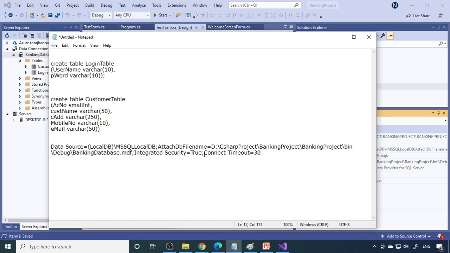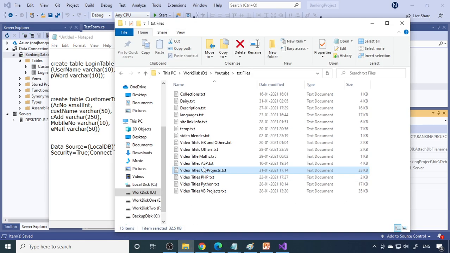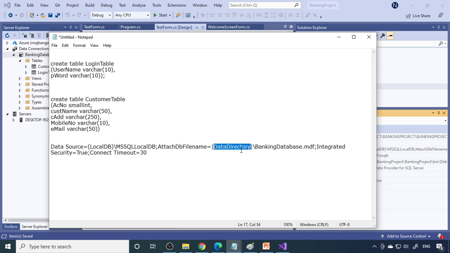This was the connection string. Here the complete path is located. Instead of the path, we can always remove the path because we don't require it. You have to use the two pipe keys and then say DataDirectory. DataDirectory, as I told already, will take up to the exe file path. Generally the exe file will be located in a debug folder, so it will take the path automatically. So instead of giving the path, we can use DataDirectory, a global environment variable which will return the path. Using that path, we can link to this particular database.